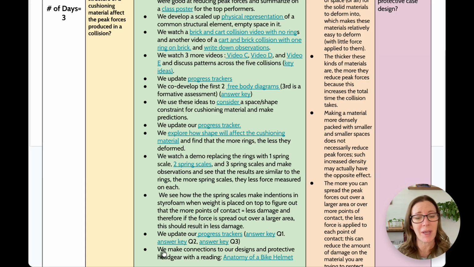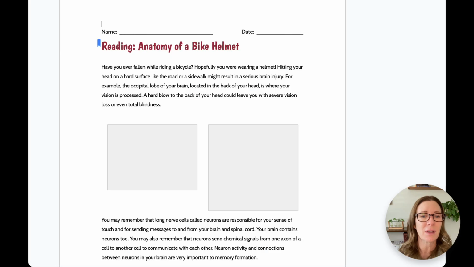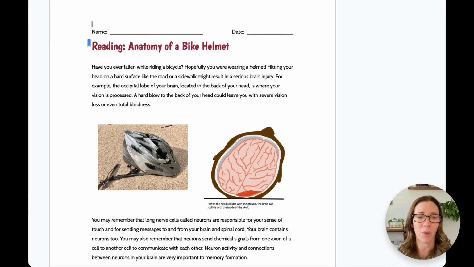So at the end, we're going to make connections to our own designs. And I would say I would do that as I was going through that class poster, these progress trackers, what the big ideas from this lesson. I would be talking about the design solution the whole way through. And then you can connect it to the anatomy of a bike helmet. And this is a handout. It's a reading. And we just talk about